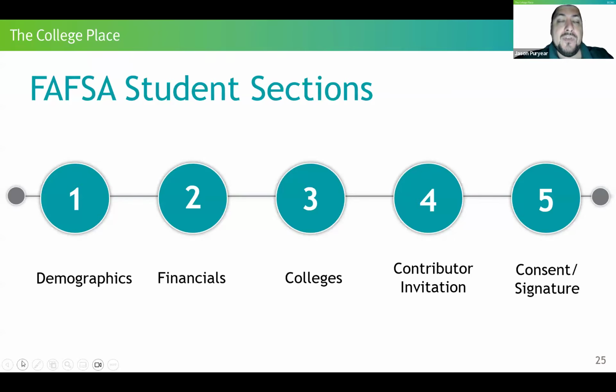For seniors now, if you worked in 2024, that is a tax year that will be used in this part of the financial aid process. So you'll be asked to provide approval and consent for your information to be shared from the IRS. You can decline to provide that consent, but if you do, the student will only be considered for unsubsidized loans. That's if a student contributor declines to provide approval and consent, or if a parent contributor declines to provide that